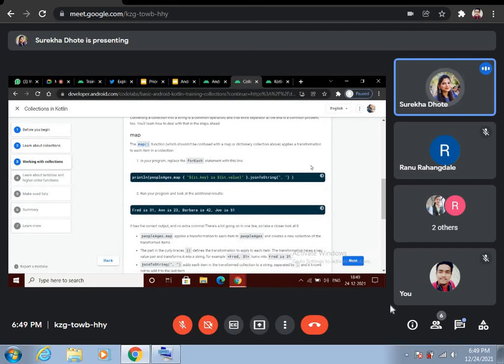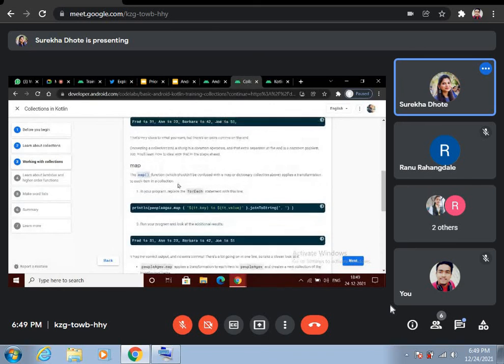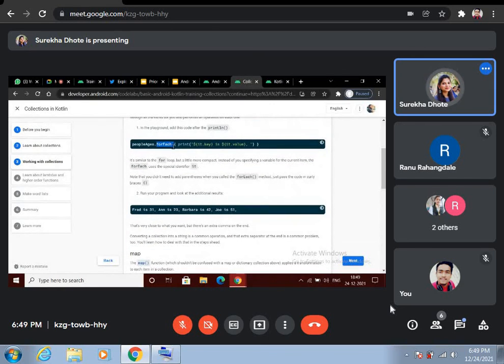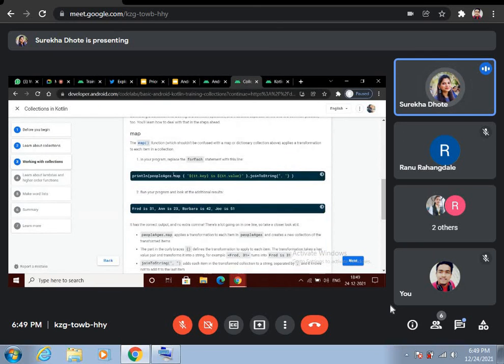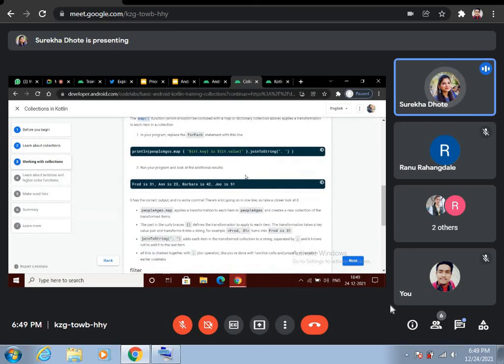We can see in this example, before we were using forEach to print each item of our map, but here we are using the map function, and this line will give us output in this form. And here we are using separator, joinToString, where comma is our separator.